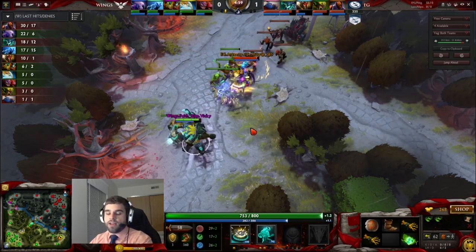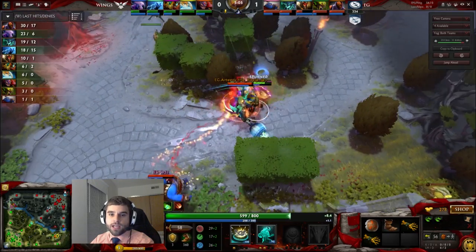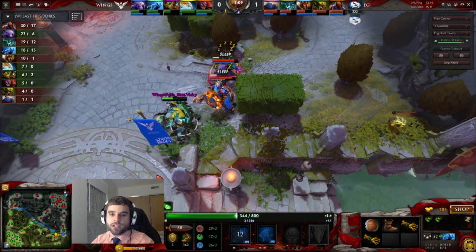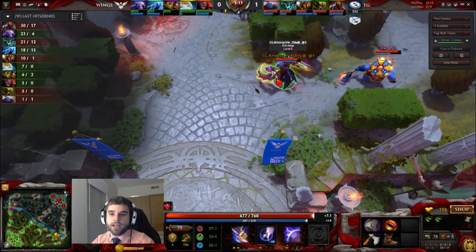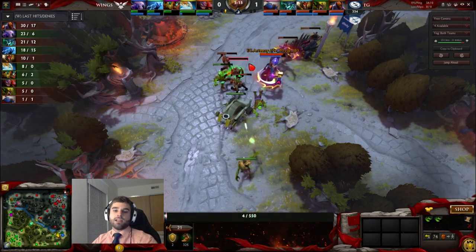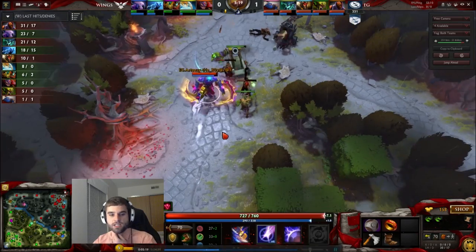So the Elder Titan comes back. They immediately decide to go for a kill attempt. Rare misplay by Crit. Using the stun before the stomp actually allows him to get away. But whatever. Arteezy's just back on the lane. Goes back to maintaining the equilibrium as quick as he can. Kills off all of his own creeps as quick as he can so that it doesn't...